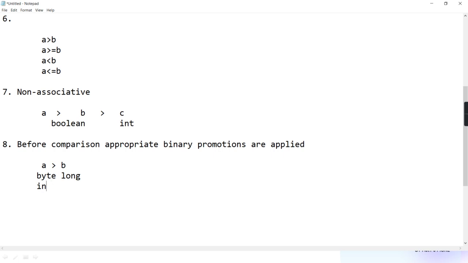No, it will make that byte also long. That is binary promotion. The promotion is done on both the operands. So if one is byte and another is char, then also promotion is done on both. Byte converted to integer, char converted to integer, and then it will do the comparison.